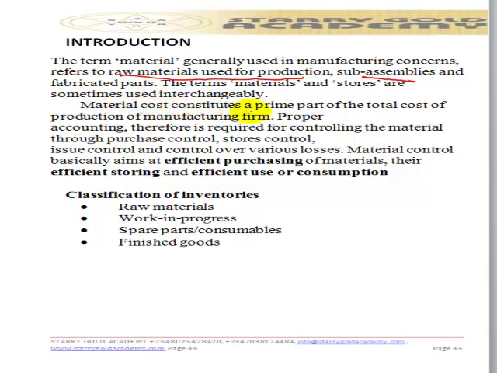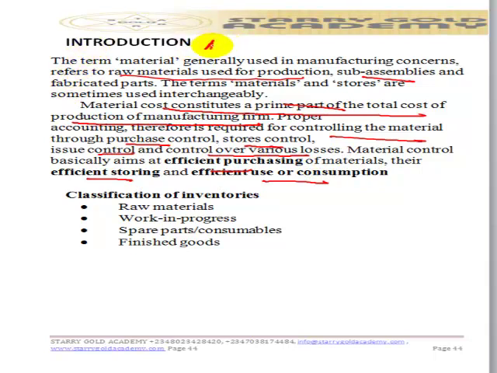Material cost constitutes a prime part of the total cost of production of a manufacturing firm. And therefore proper accounting is required for controlling material through purchase control, stock control, issue control, and control over various losses. Material control basically aims at efficient purchasing of materials, storage, and efficient use or consumption. So in order to assist an organization in monitoring and planning the cost of production, because basically we are going to emphasize manufacturing organizations,